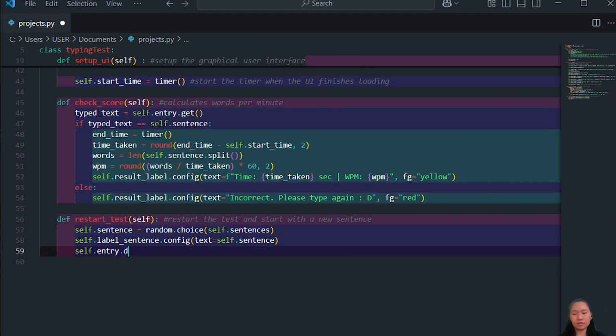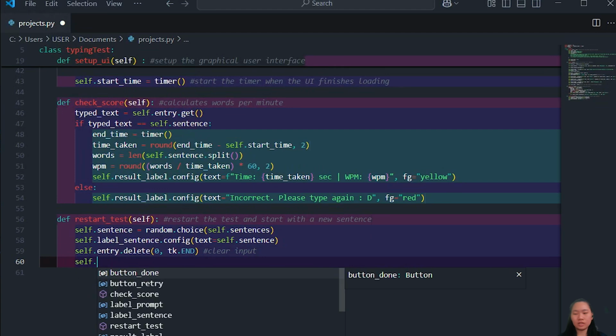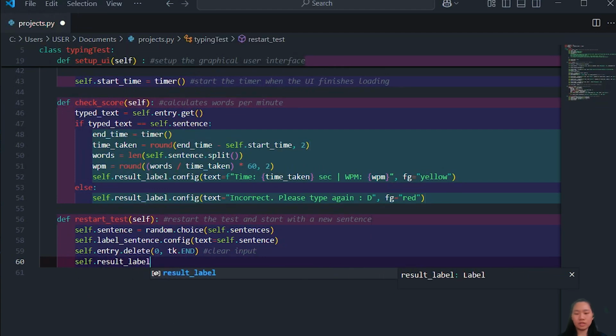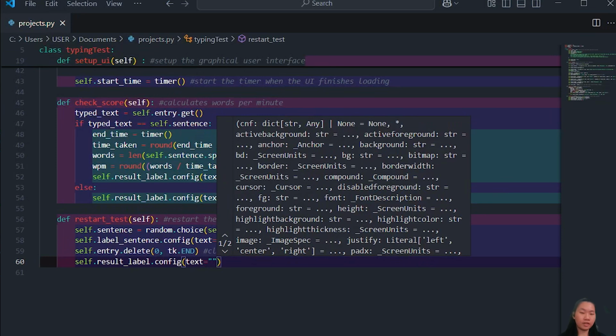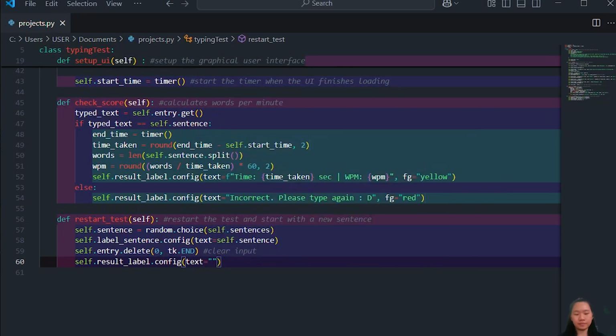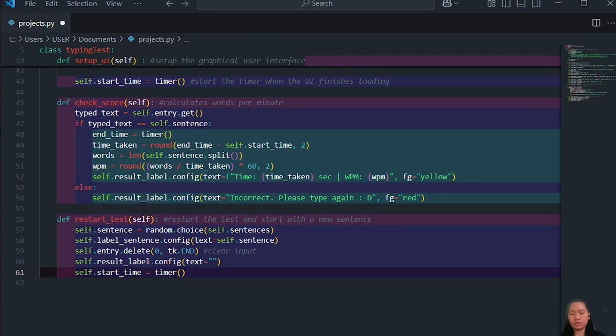Self entry delete 0 tk.END to clear input. Self result label config text is nothing because we restarted. Self start time timer, restart